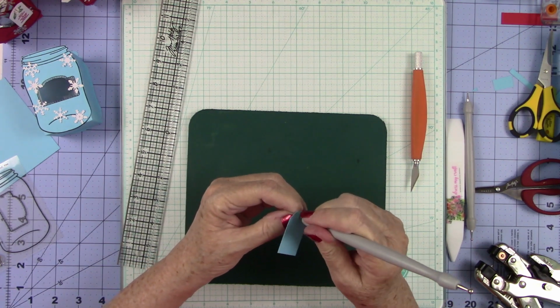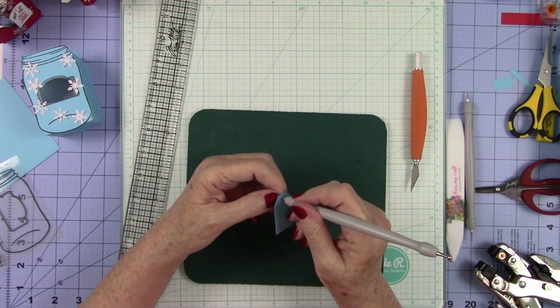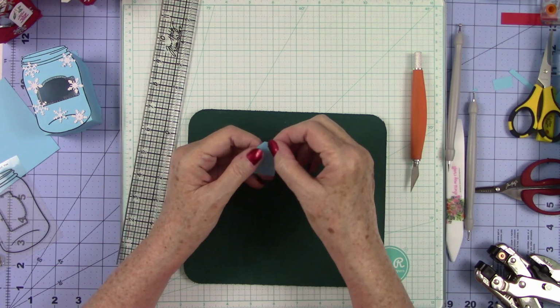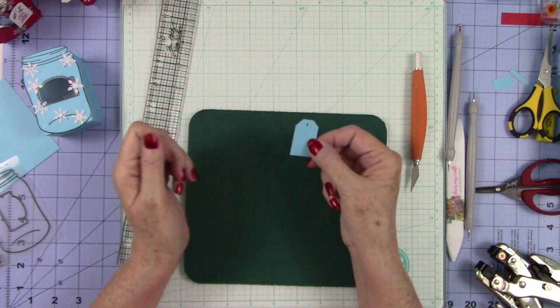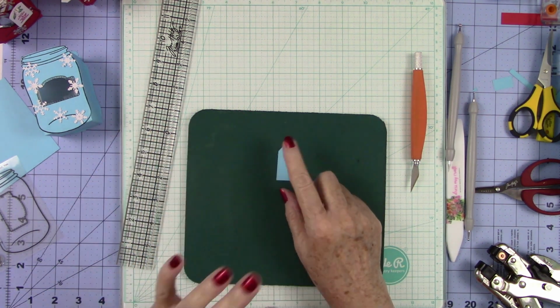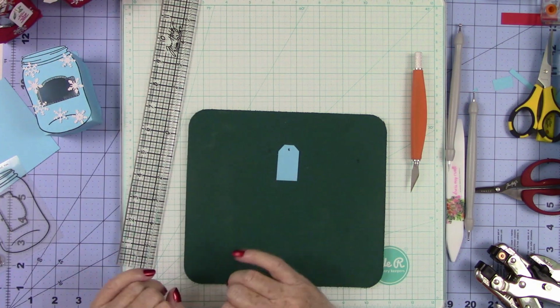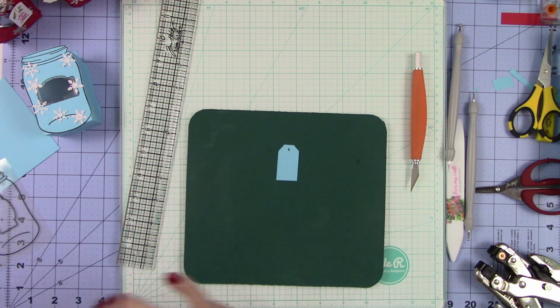And I'm pushing it all the way through, just like that. And now we have made a tag without using any fancy equipment. Now if you want to stamp this, I did do this with my stamp set, and I don't know whether you have my stamp set or not, but if you don't, you could put any tiny sticker